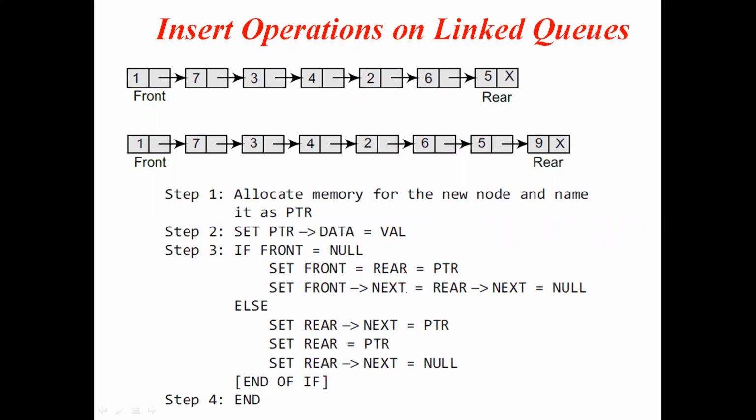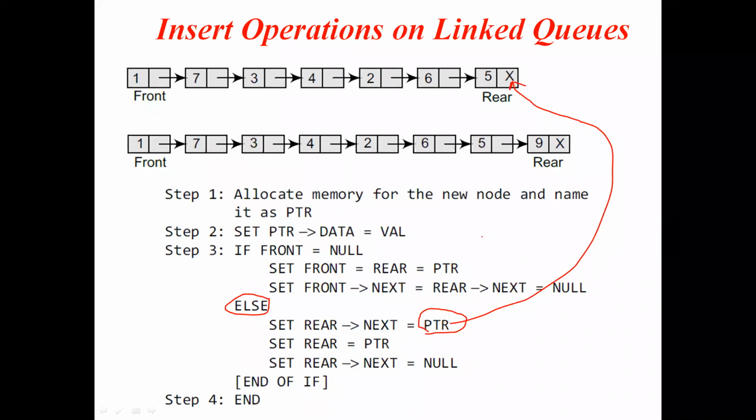So what I'm doing? The pointer, you know, right? It is 100, and it is assigned to rear. Coming to the else part, you are assigning the pointer value to the rear next. What is your rear next? This is not at this condition. This pointer is assigned to the rear next.